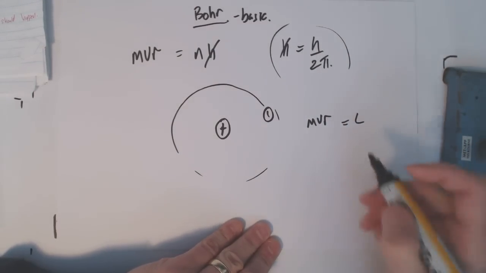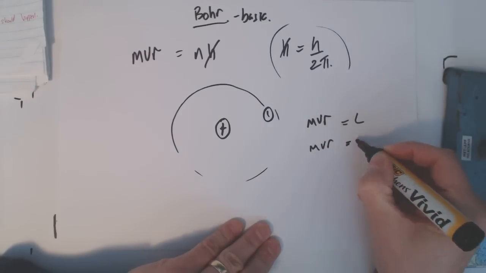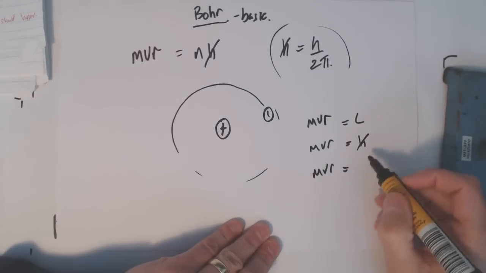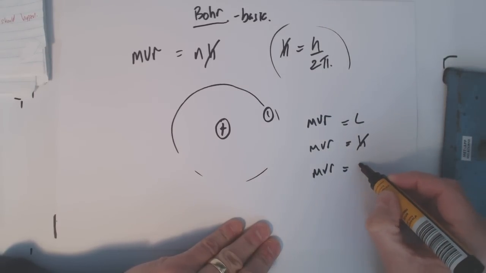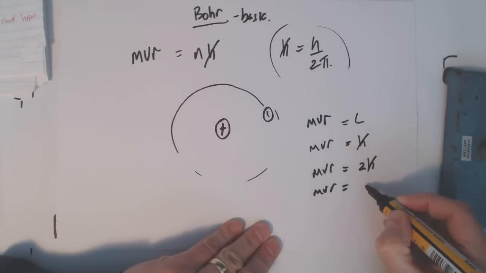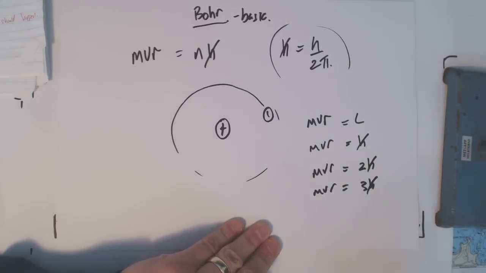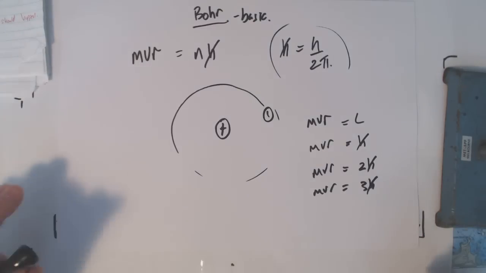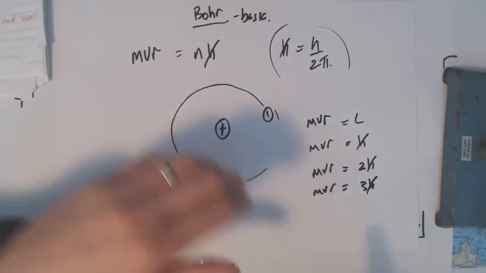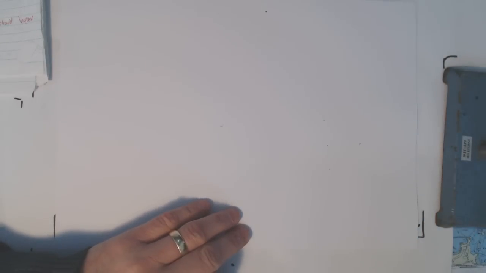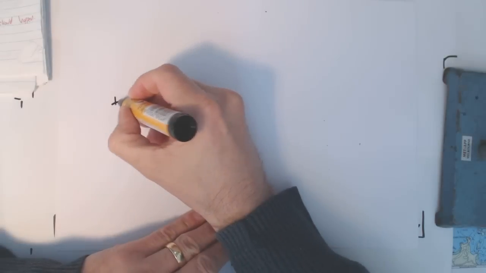If that's quantized, then that must be equal to h dash for n equals 1, or mvr must be equal to 2h dash for n equals 2, or mvr must be equal to 3h dash for n equals 3. So he's basically saying that this would determine the orbits, and that those jumping levels that we get, or those energy levels that we found, would be related to this angular momentum. And he was totally correct, and we develop it in the next video,